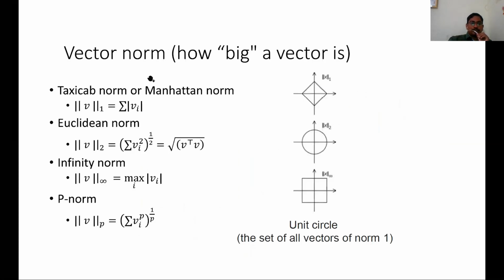Now once you have a vector space, you define the norm in the vector space. You know what Euclidean product you are applying, and according to that the norm will come. The first is the taxicab norm, the one norm. The one norm is defined as just the sum of absolute values of all vector elements. Suppose it is n dimensional, then v will be v1, v2, up to vn. So this is the taxicab norm.